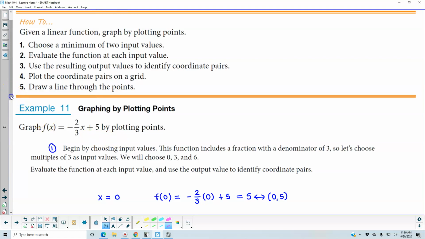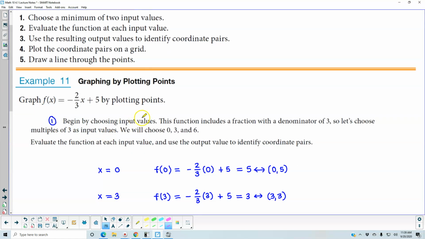points. Step 1, we begin by choosing input values. This function includes a fraction with a denominator of 3. So since it has a denominator of 3, we're going to choose multiples of 3 as input values. So we can choose 0, 3, and 6. And what that will allow us to do is when we plug that value in, it's going to eliminate the denominator of 3. So we're going to evaluate each function